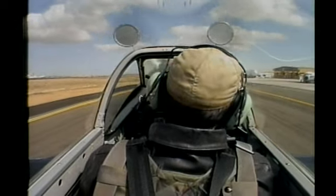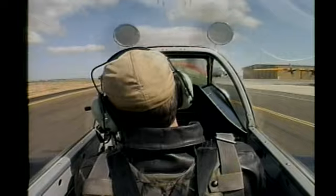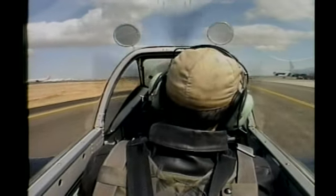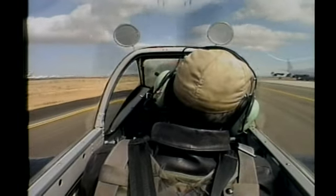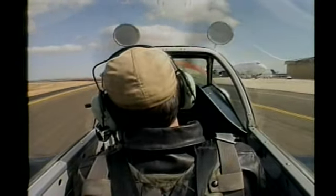Tailwheel fighter, because the nose sticks way up out front. You can't see. You cannot see what's in front of you. So you've got to continually S-turn down the taxiway to see what you're looking at. And you get the nose out of the way, look out the side, take a look. Yep, that looks clear. Then you can't go off the taxiway, so you come back the other way and look